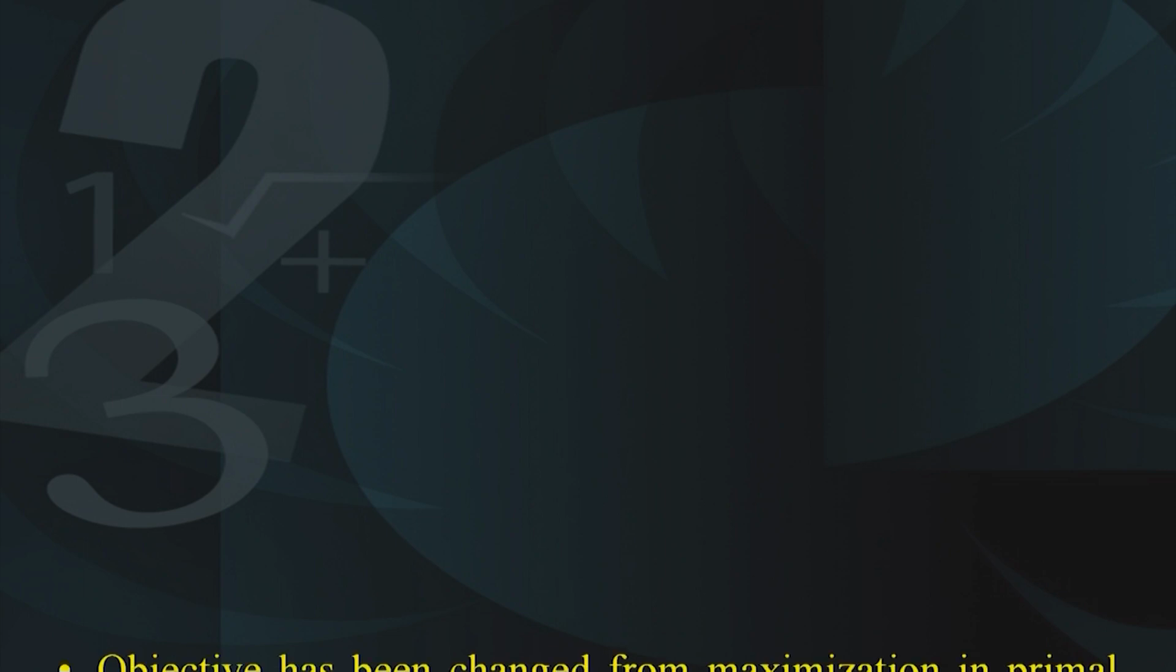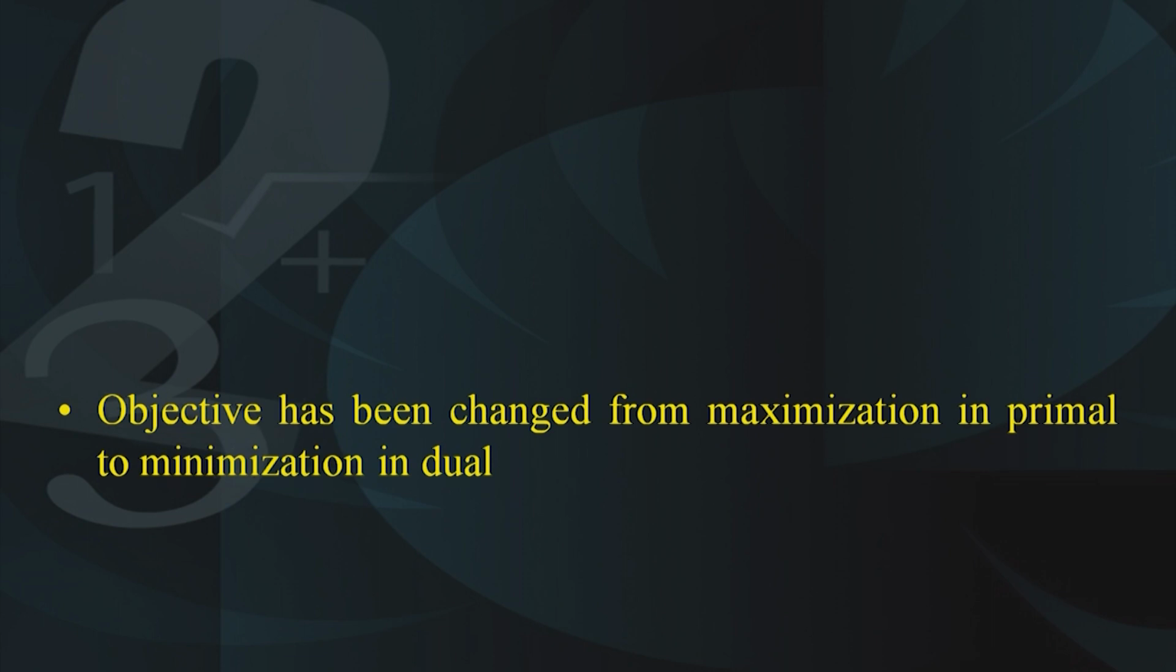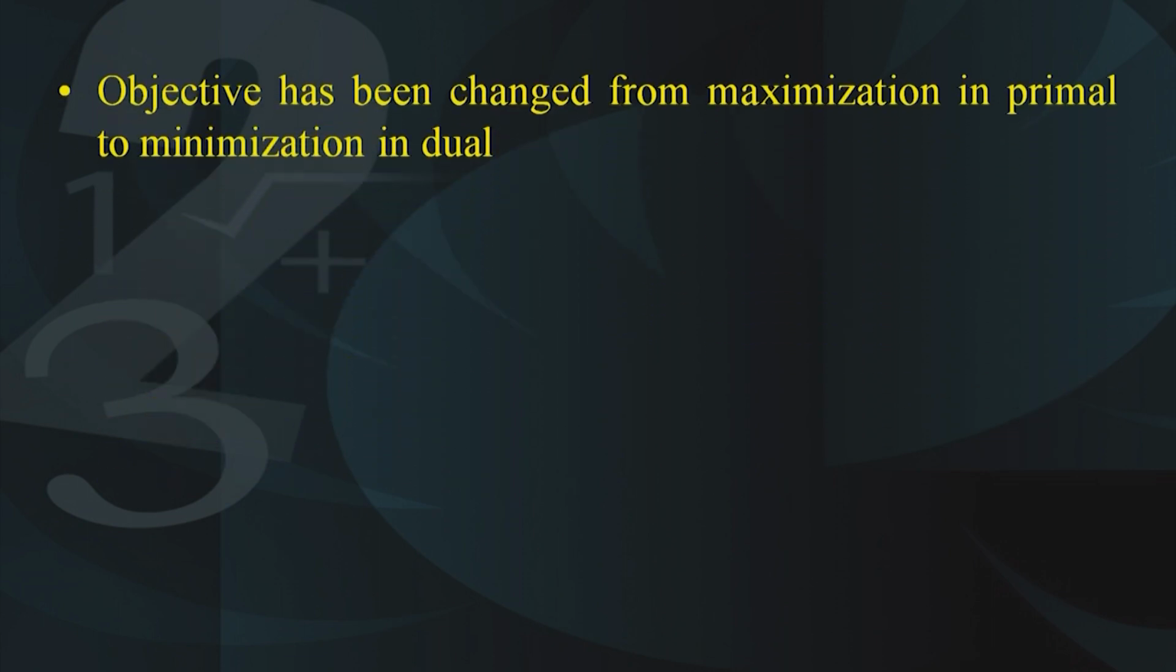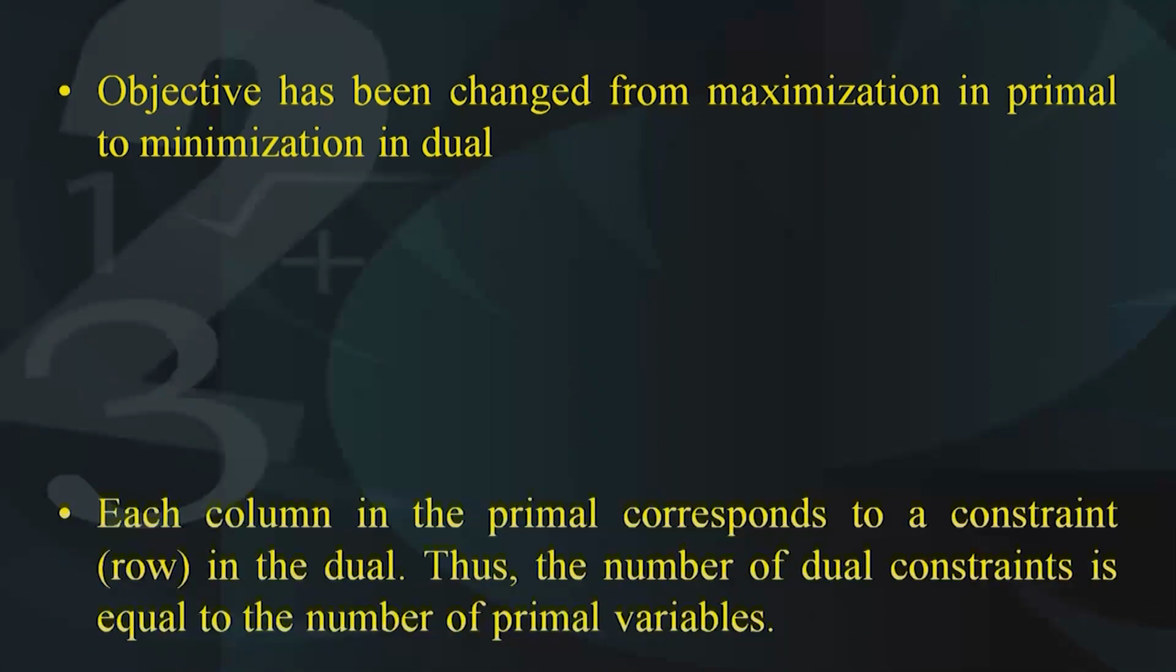Apart from this, we also observe the following. The objective function has changed from maximization to minimization. So, maximization of the primal now becomes the minimization of the dual. Another observation,